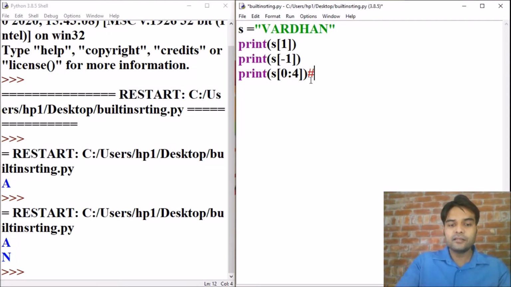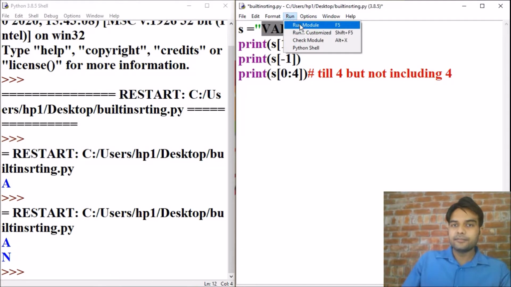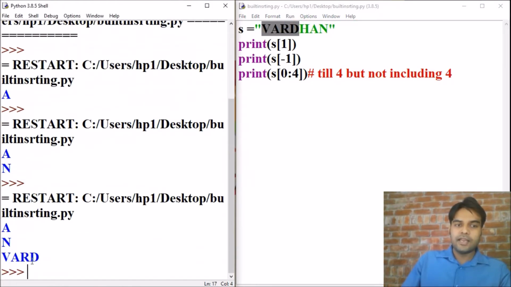This 4 means till 4 but not including 4. So it will include index 0, 1, 2, 3. VARD will be printed. See, VARD is printed.